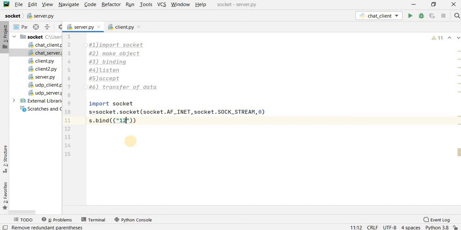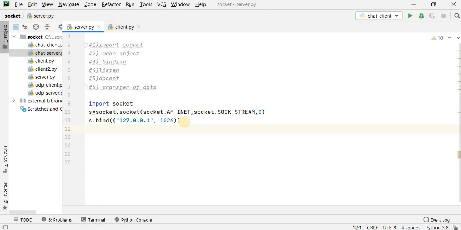This IP address is nothing but the IP address of the client. In my case, because I am running this on localhost, I am indicating the loopback address, that is 127.0.0.1. And what will be my port address? The port address can be any number, but it is recommended to use a port number greater than 1023, because 1 to 1023 is reserved. It should be passed in the form of a tuple. So s.bind, the IP address of the client and the port number of the client socket. So my third step is also complete.